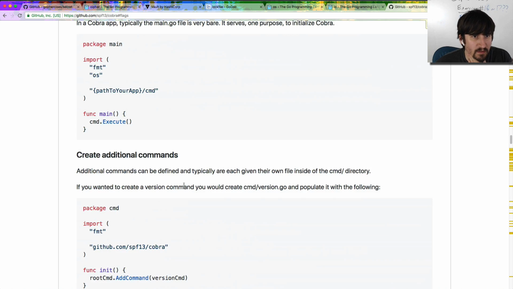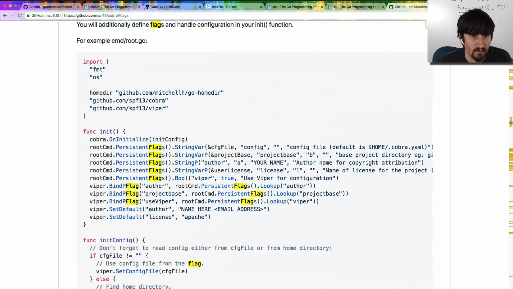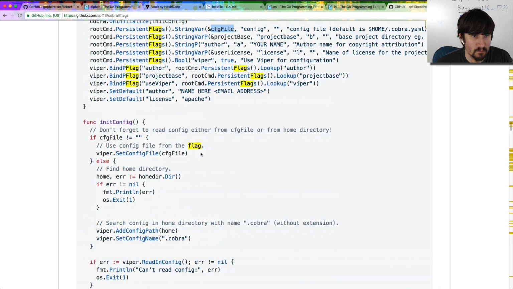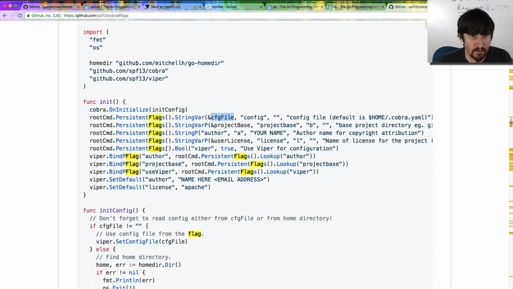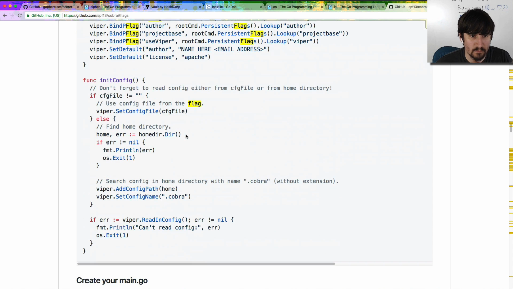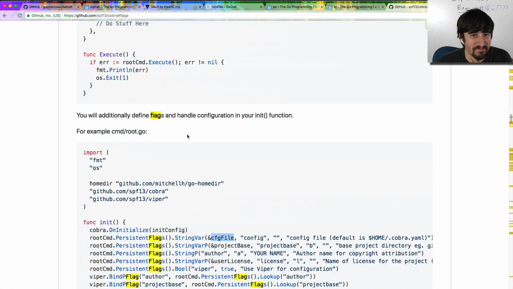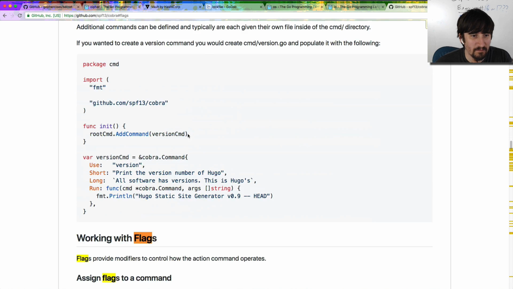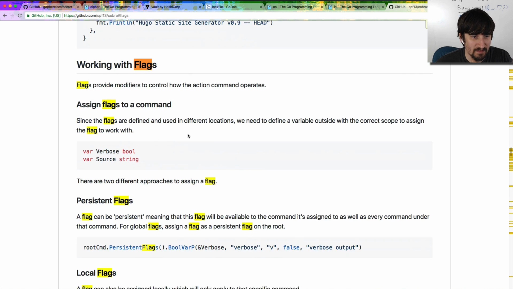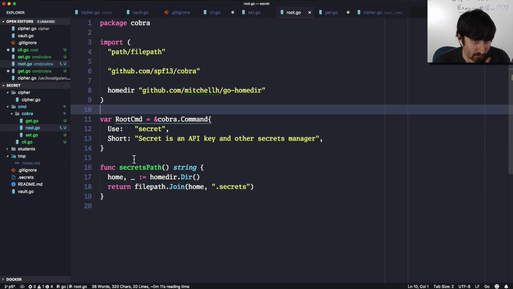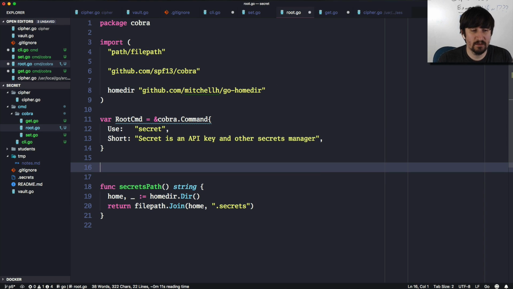All right, let me go up here and see where the flags were. How does it get the flag? All right, config file. Where's config file coming from? Is it just a global variable? Because I don't see where it's declared anywhere. Maybe that's what they're doing. I guess a global variable is not terrible when we're dealing with a CLI type thing, I don't think. So I'm just gonna go ahead and say var